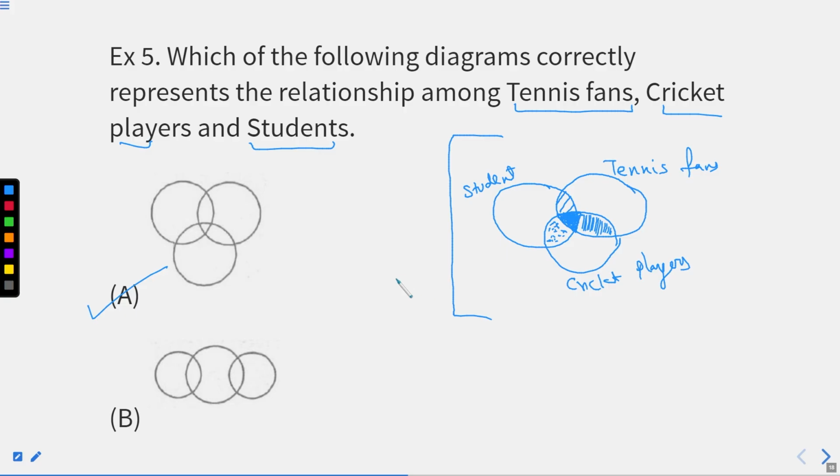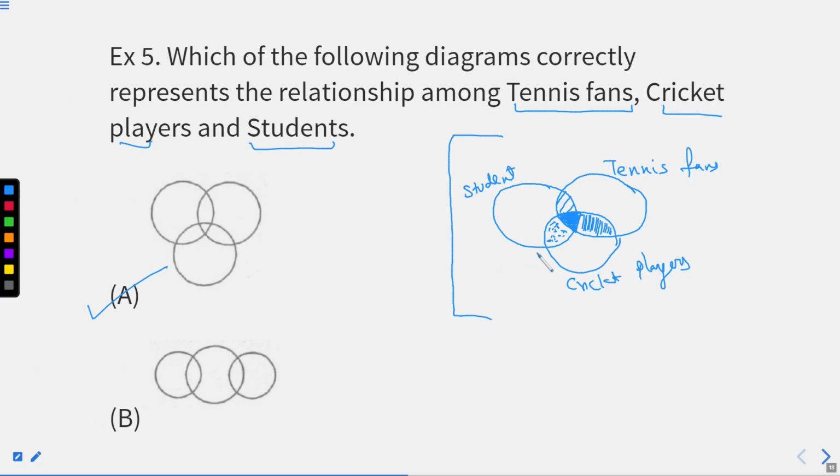So the approach for this question is, first read the question and draw a Venn diagram by yourself. And as soon as your Venn diagram matches an option, mark it as the answer, right? This is a correct approach while solving a Venn diagram based question. Now you can see options C and D, but as soon as we have drawn the Venn diagram, we know the first option is matching with the diagram. So here we have our answer as well, right?